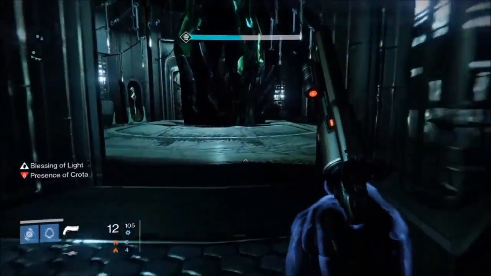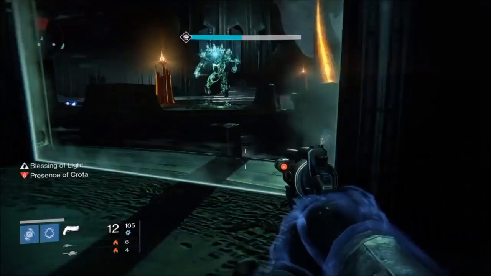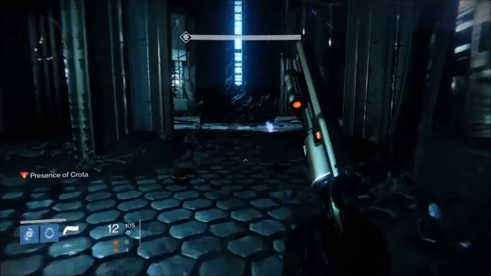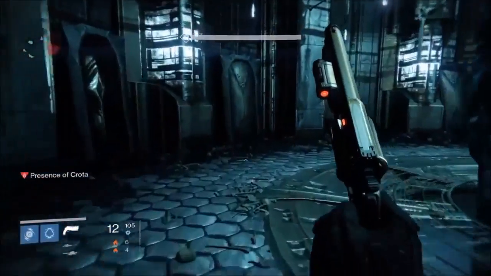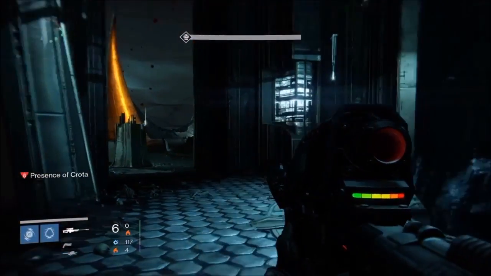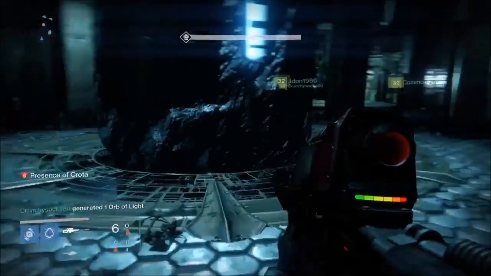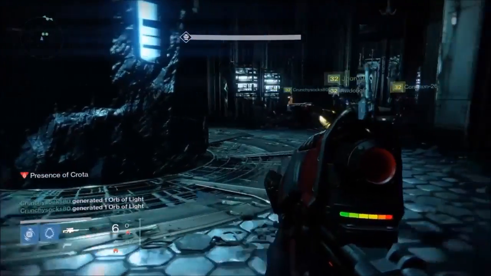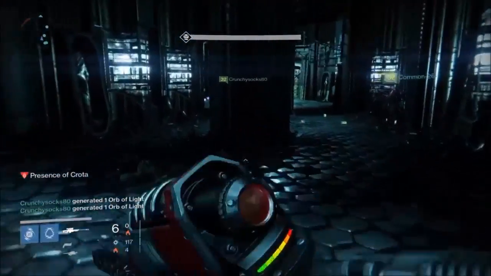So if you've done Crota already, you know that now you're just sitting here doing the waiting game, because he's going to sit right there, and that sword breaker is not going to respawn again until you kill the ogres. So that's why the rest of the clan is on the right side. They're going to shoot that ogre on the right side as he comes out,